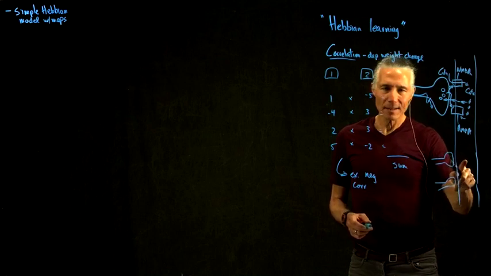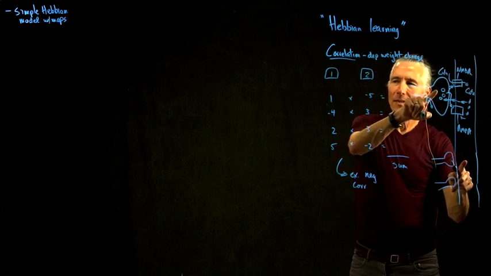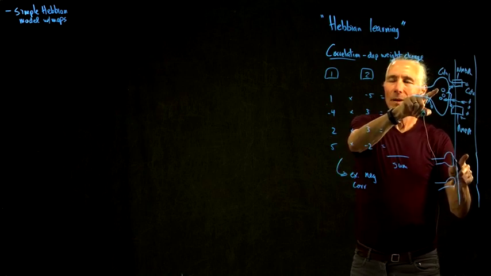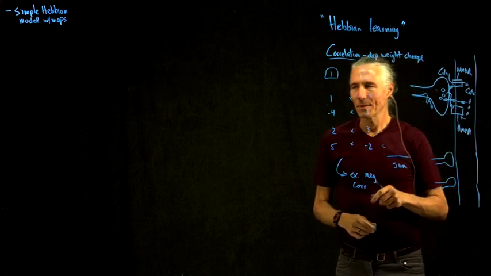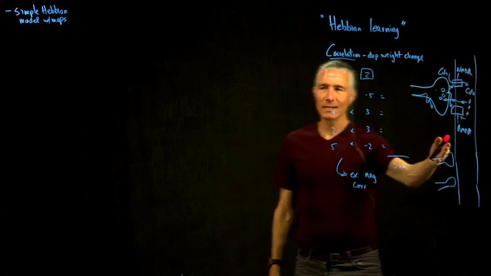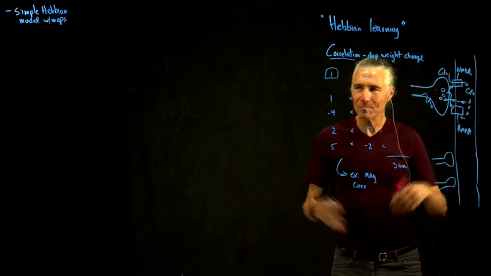Then that indicates that this guy was active and this guy was active. And if they're both active, then that's like a positive correlation. And if they're positively correlated, you change the weight. So the problem is this: if we were trying to make a model of this, we would have millions of